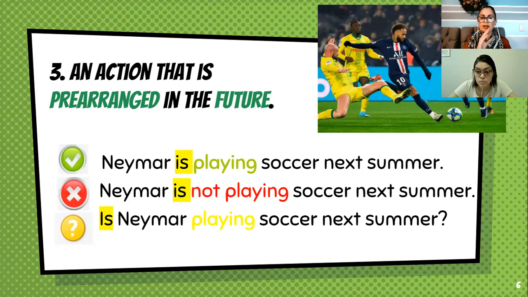A ver, pero is playing es está jugando. No dice estará, will go, will play. O will, okay, will go. O will we play. Will be playing es estará jugando. Will play, jugará, will be playing. Cuando yo digo Neymar is playing soccer next summer, dice literalmente dice Neymar está jugando fútbol el próximo verano. No hace sentido. Bueno, tú vas a notar que ellos hablan de cosas que ya están preprogramadas en el futuro